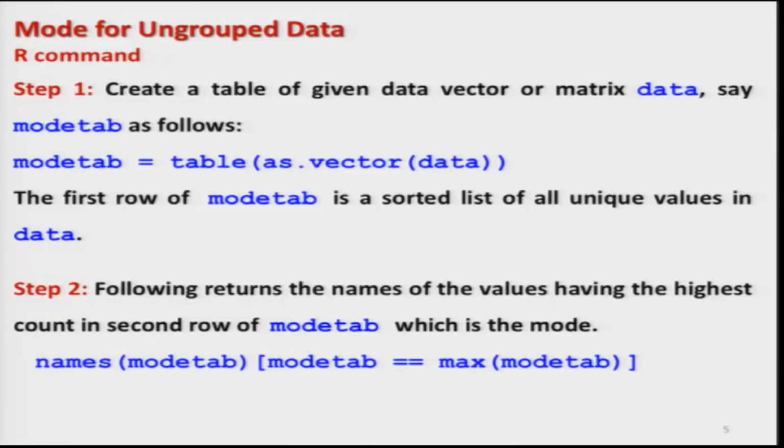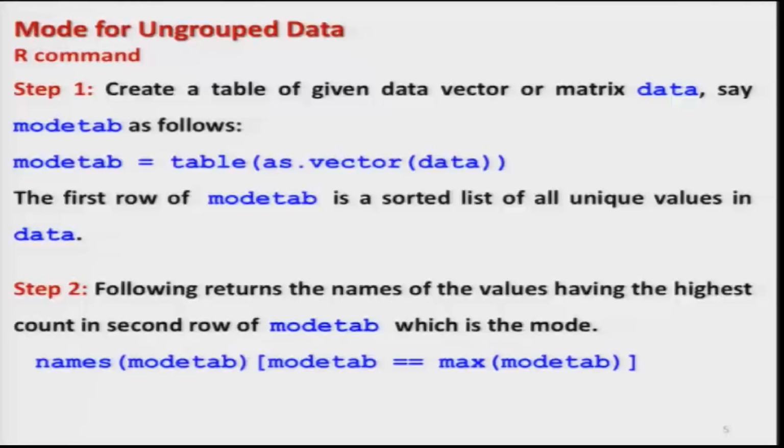So in order to find this mode in the R software, we will go like this. I am simply going to write two steps, and they simply copy what I just told you: create a frequency distribution, choose the maximum value of the frequency, and corresponding to that maximum frequency, choose the value of x, and that is going to give you the mode. So when we compute this mode in R, I am giving you two steps, step 1 and step 2. Step 1 is very simple.